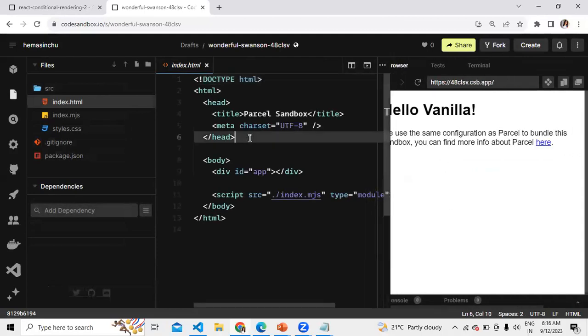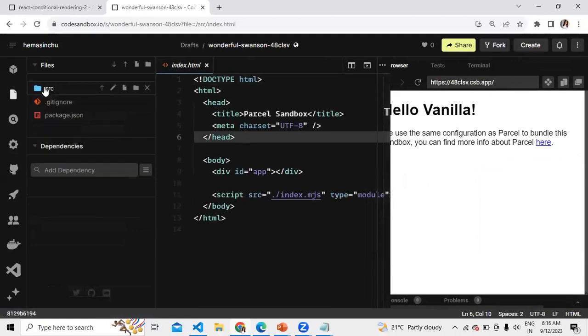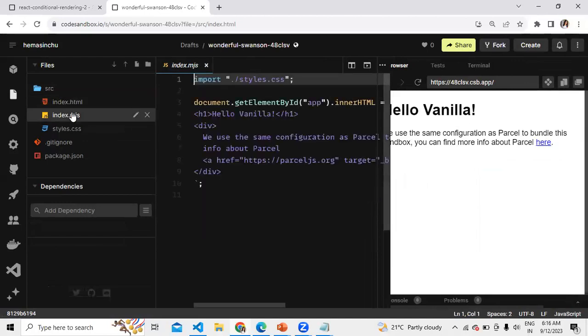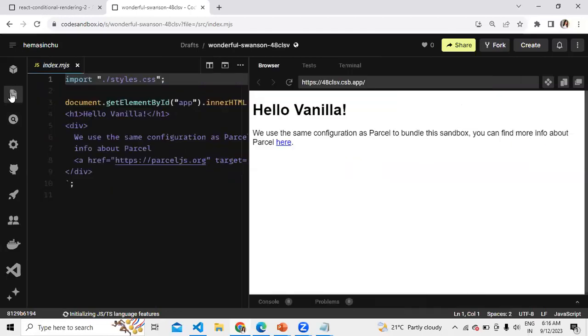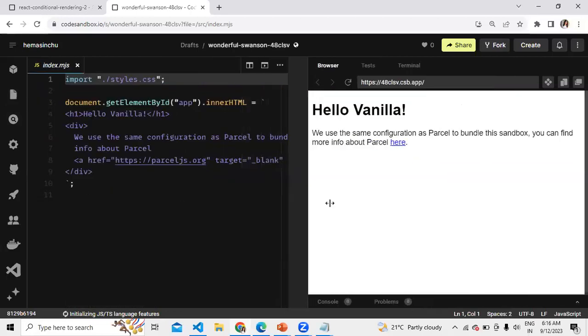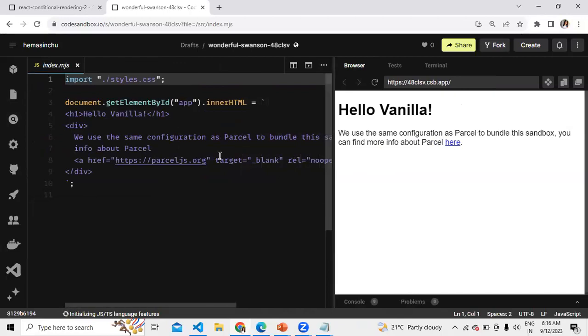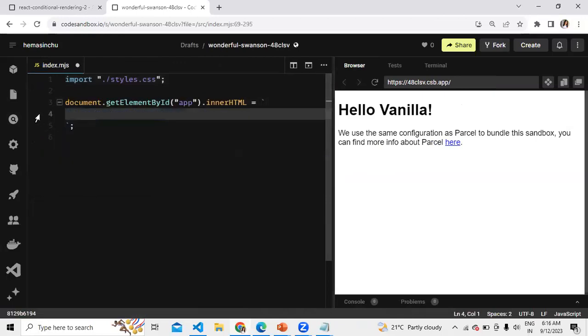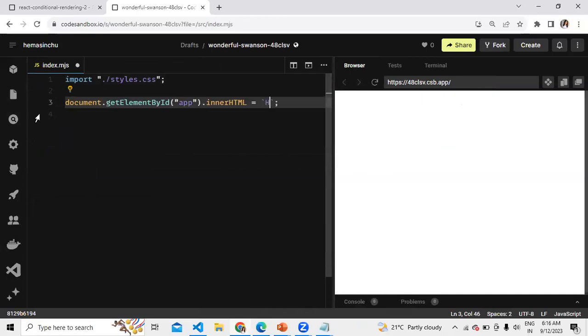Here we have the source code, a complete src with index.html and index.mjs. This is what is there in the setup. Now I'll get rid of what is written over here. We'll say hello. So hello is displayed.